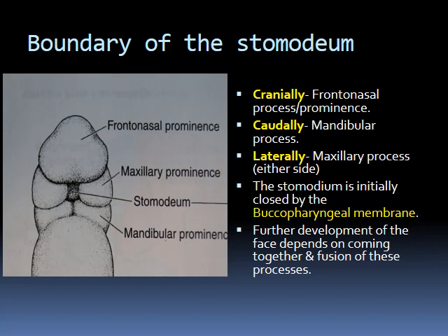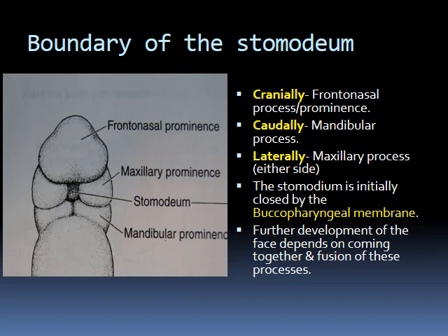Now let me tell you, the stomodium is nothing but the most proximal end of the developing primitive gut. We have already learned how the primitive gut develops in an embryo, and I did tell you the proximal end of the primitive gut is closed by a membrane called the buccopharyngeal membrane or the oropharyngeal membrane, remember? So that part is called the stomodium. The part which is closed by this membrane, the future mouth, is represented by the stomodium, which is the most proximal end of the developing primitive gut.